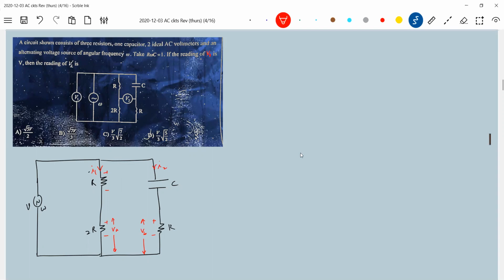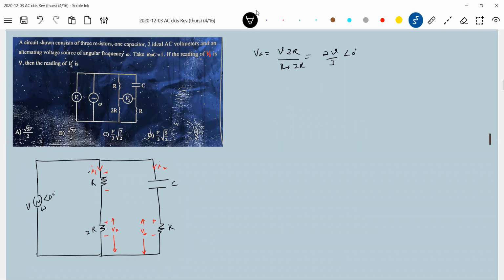Is it okay? Okay, let's take this one. I'm saying the difference of. So let's find out first VA and VB, so that will be in better position. So VA should be, by potential divider formula, V into 2R by R plus 2R, so 2V by 3. What about the phase angle? Shall we put phase angle to be 0? Let me assume the phase angle of the applied source is 0 degrees. Like this, we show that phase angle. Okay, now come for this.